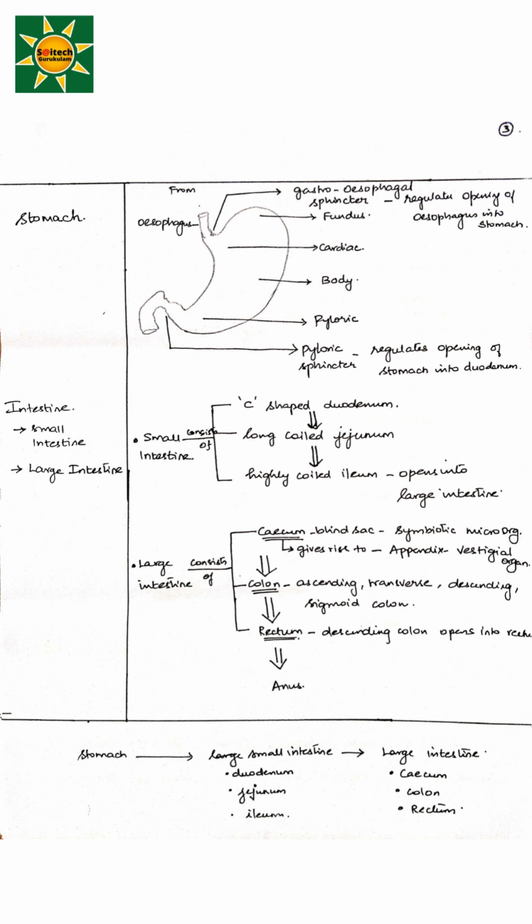To summarize, in the stomach we have different regions, and it has two different sphincters. In the intestine, we have the small intestine and the large intestine, and each has three parts. The small intestine has a duodenum, jejunum, and the ileum, whereas the large intestine has cecum, colon, rectum, which then leads to the